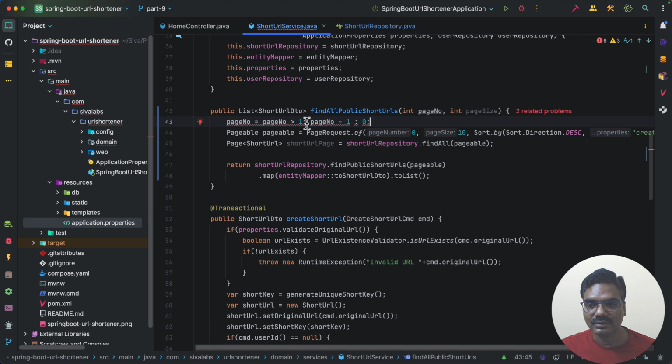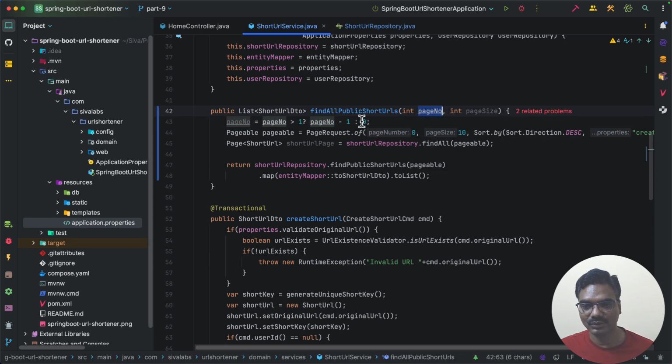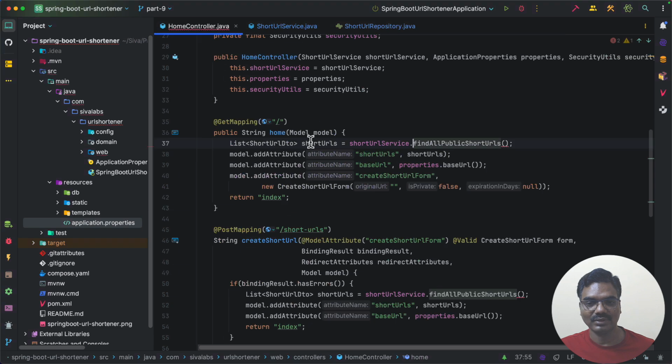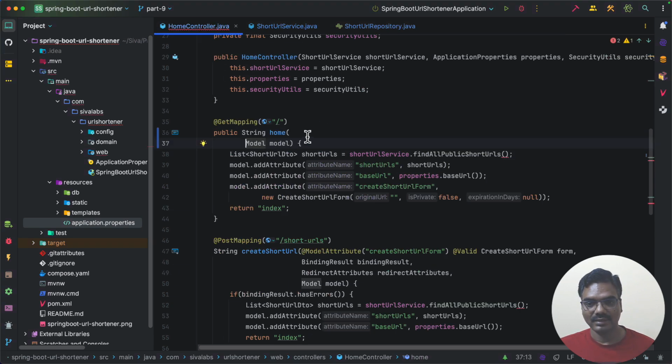So here what we are doing, if it is greater than 1, so if they pass 1, we are going to take it as 0. If they pass 2, we are going to take it as 1. Otherwise, if they pass 0 or any negative values, we are going to take it as the first page, 0. So it can also act as corner case handling. We can take this page size. Okay, so now we need to pass these values from our home controller,